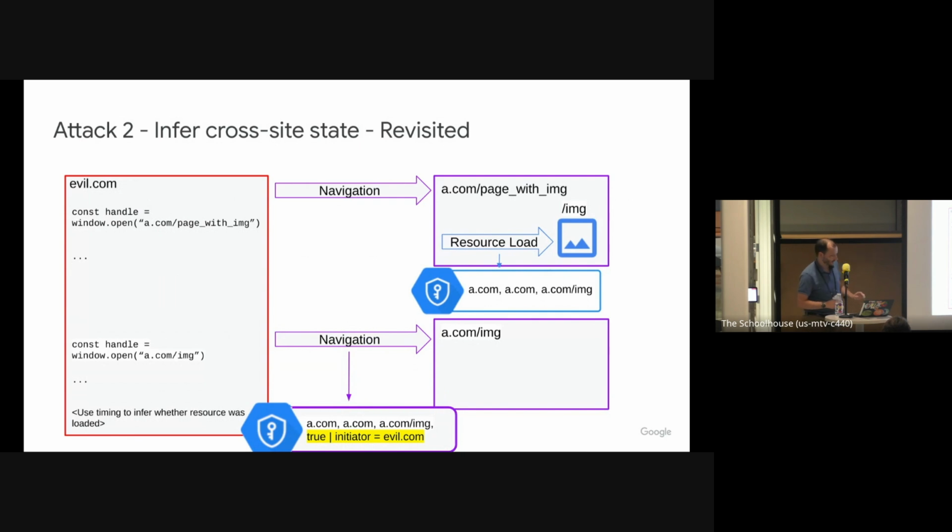And then attack scenario number 2, again, since evil.com initiates that initial navigation, the key will be different. It'll incorporate the initiator. So we'll see in purple here that the initial load has a different key. The resource load will still have the same key as if we didn't incorporate an initiator, because the initiator for that request would be a.com. But the second navigation to the image would have the initiator, and these would differ in their cache keys, and